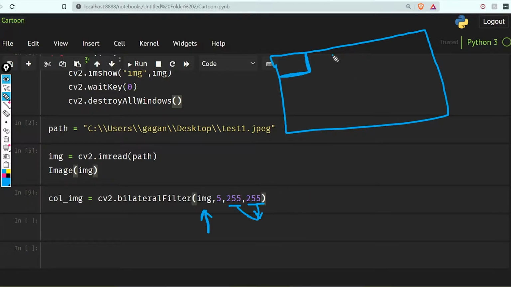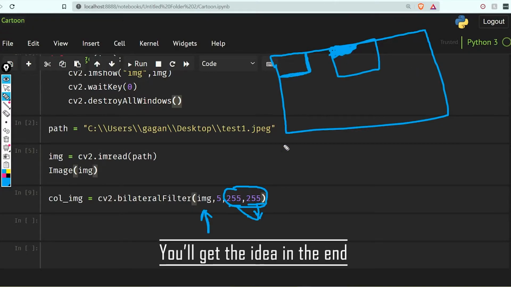The greater the values, the more they are going to mix the colors around that. So let's suppose there are some shades of blue here. They will mix this color and create a similar kind of color.